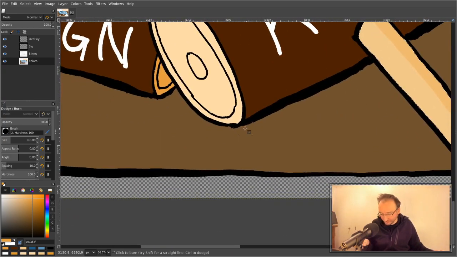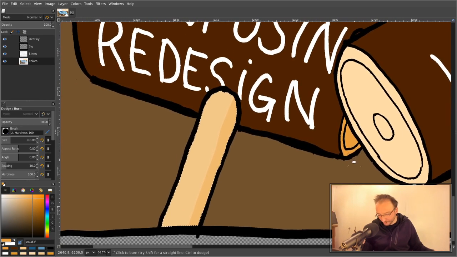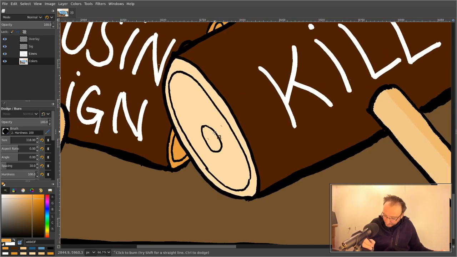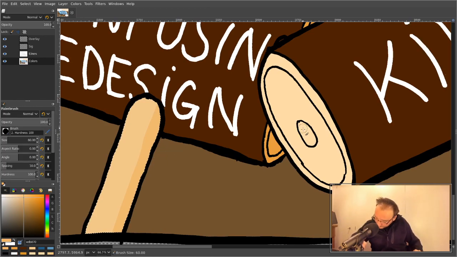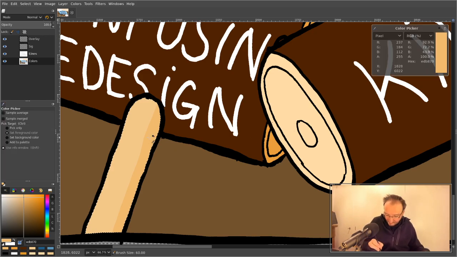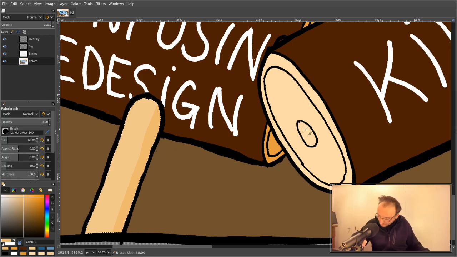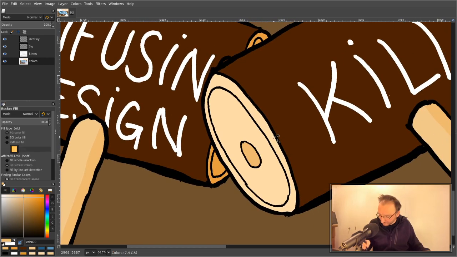It's used to help panning around the drawing. Let's see how this works. Okay. So this is like this. I'm trying to have something that looks